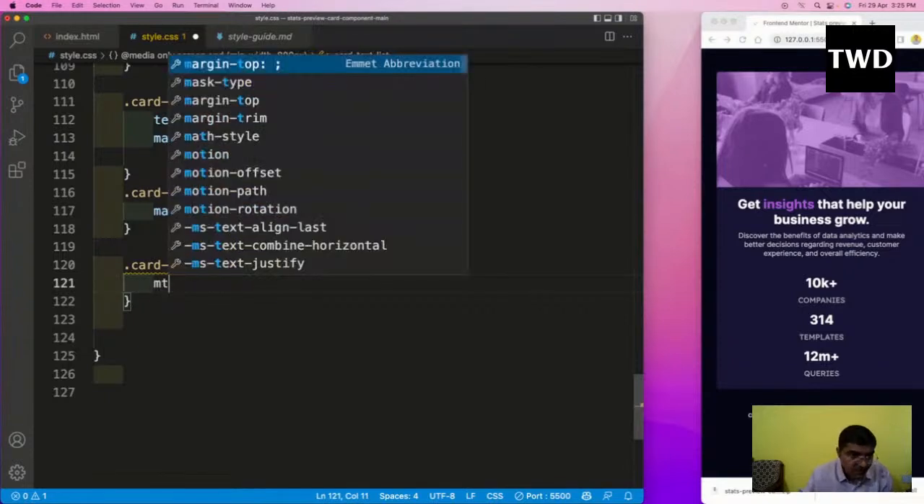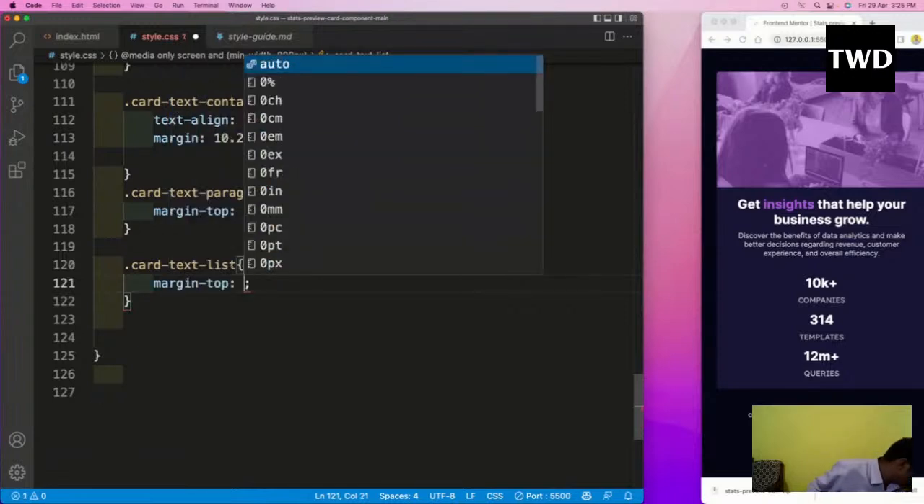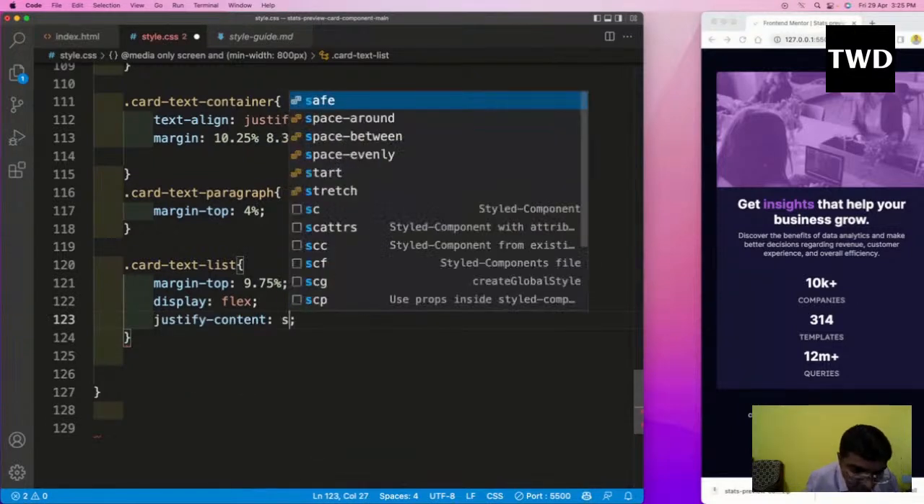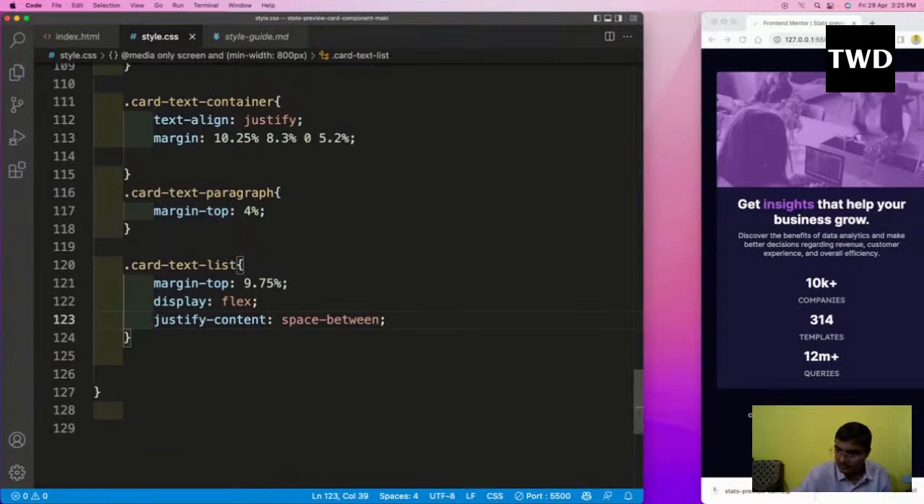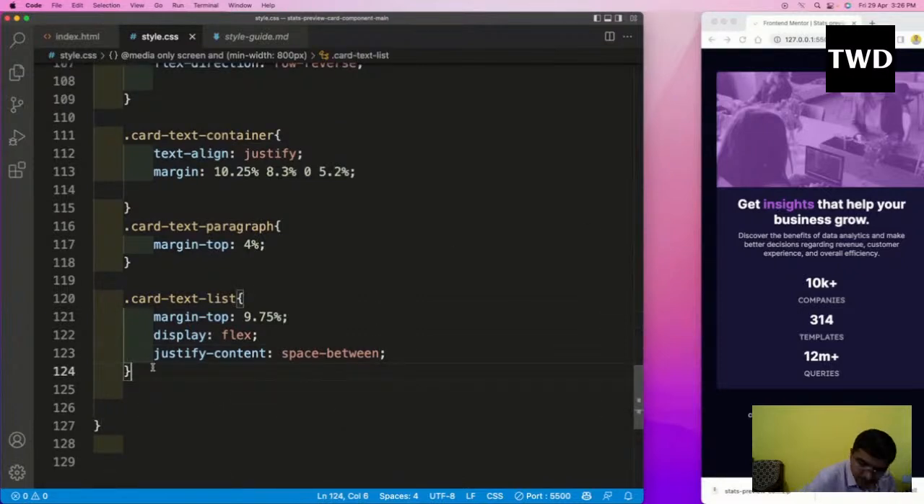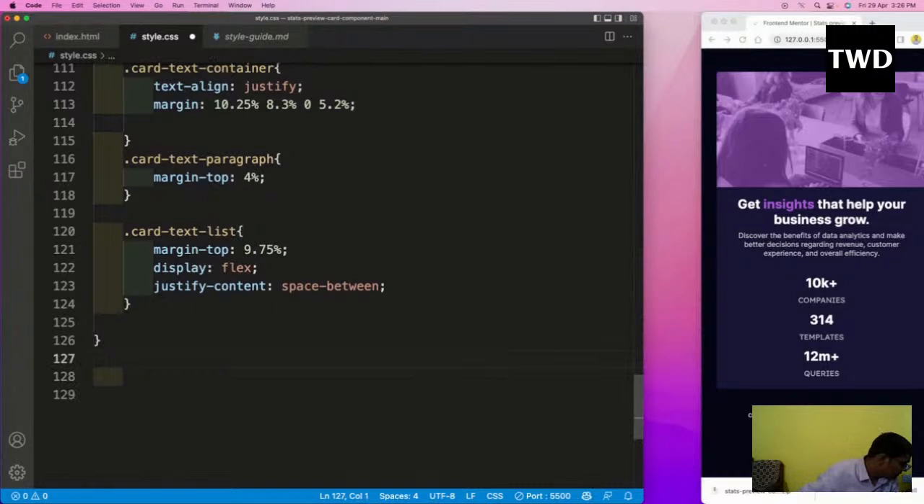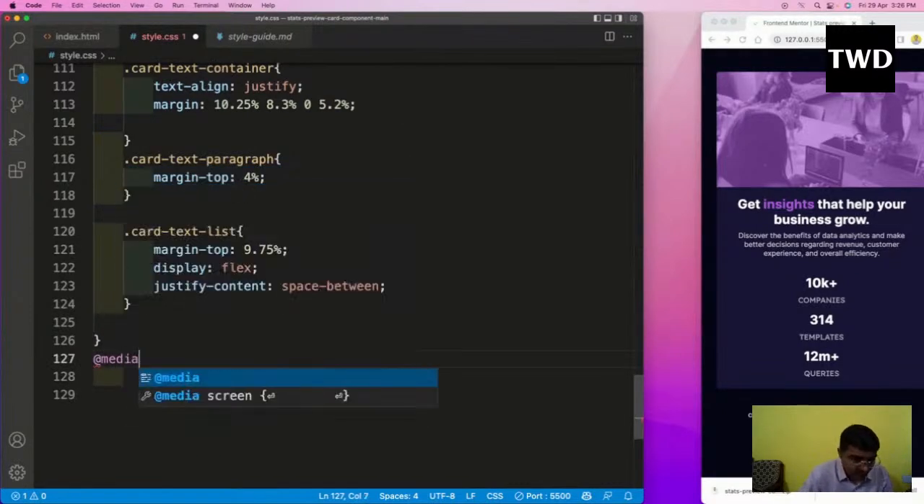The margin top will be 9.75%, and the display will be flex, and we have the justify content as space between. So after this, we'll have media,